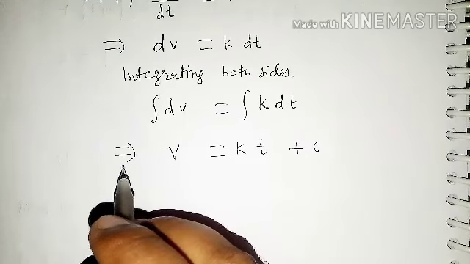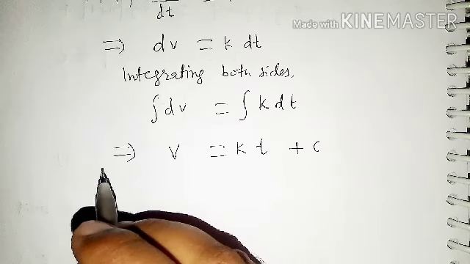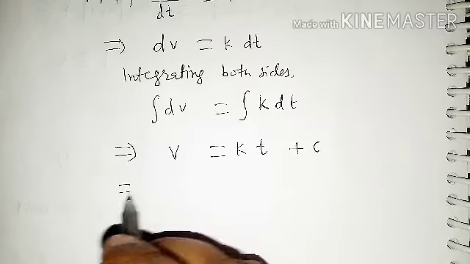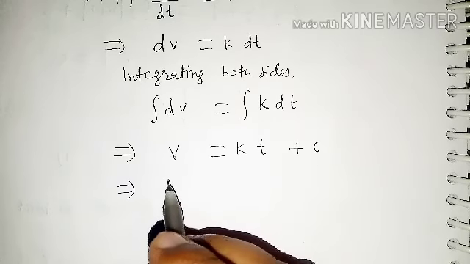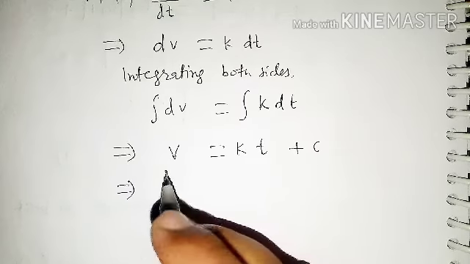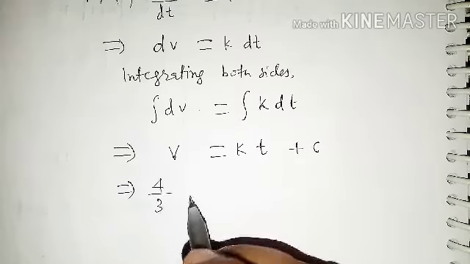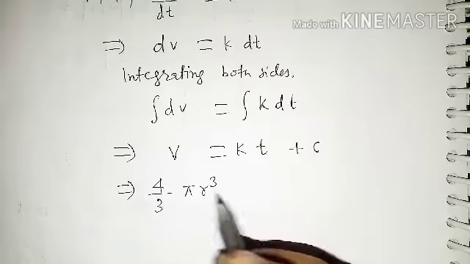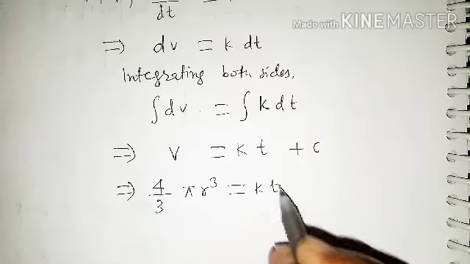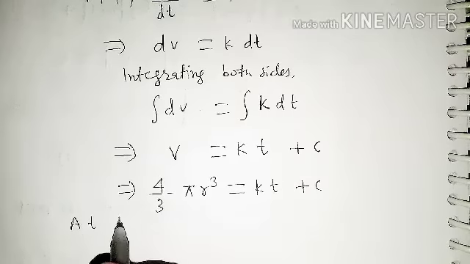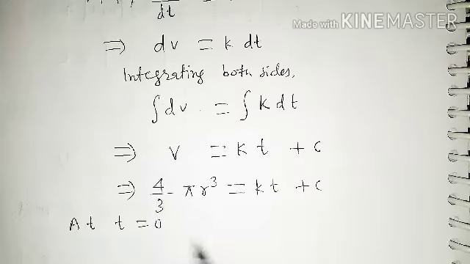It is said that initially its radius is 3 units. The balloon is in the shape of a sphere, so V is 4 by 3 pi r cube, equal to kt plus c. It is said that at t equal to 0, initially meaning time is equal to 0,